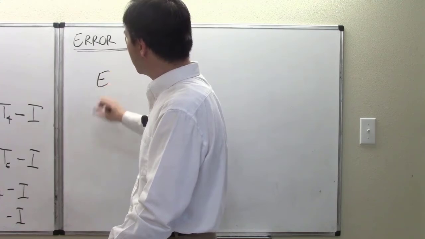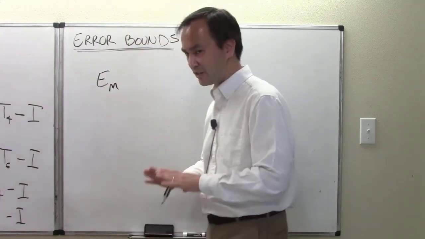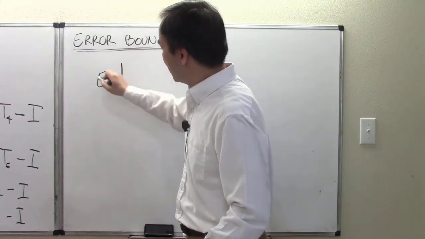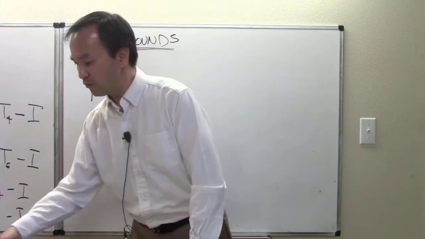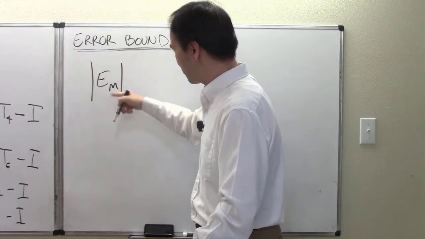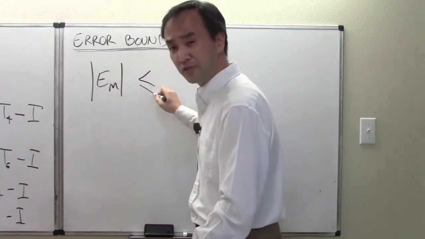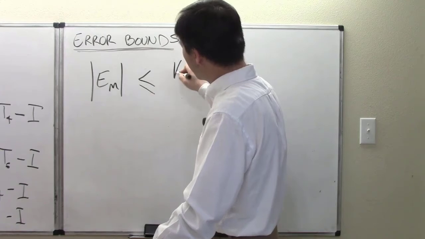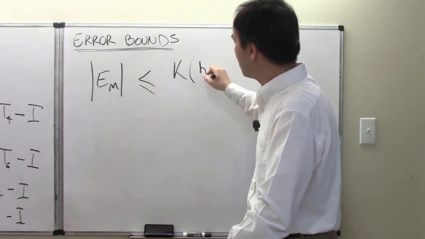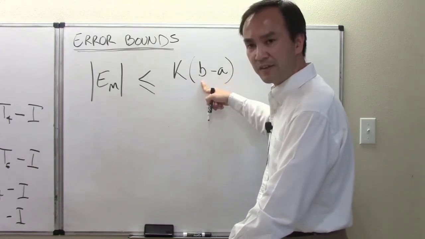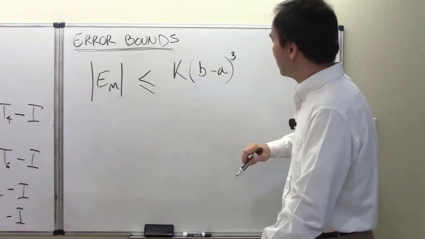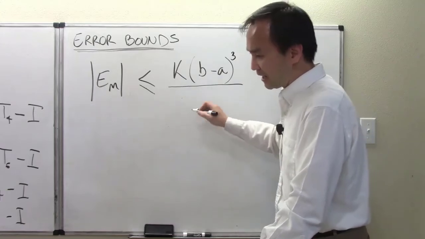the amount of error produced by the midpoint rule at generally any number of subintervals, if we put that in absolute value, will be proven to be less than or equal to a constant K. And be patient with me, I will explain what that constant K is. A constant K multiplied with b minus a, where b is the upper limit of our integral problem and a is the lower limit, raised to the third power, and we divide by 24